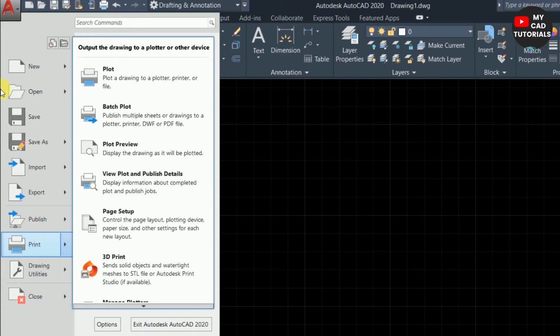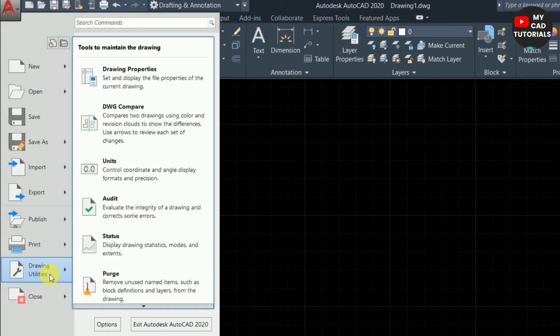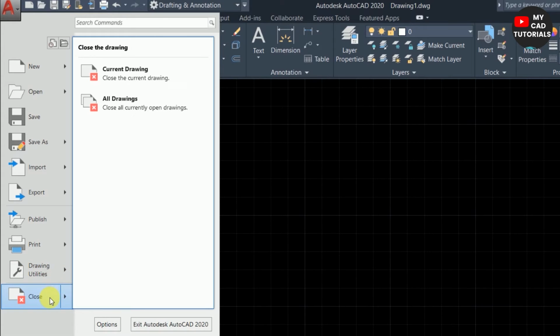If you want to print your design, you can print from here. Next is drawing utilities. These are utilities provided by the software like show drawing properties, compare drawings, change units, audit status, etc. These are the utilities of the AutoCAD. The next option is close, that is used to exit from the AutoCAD.